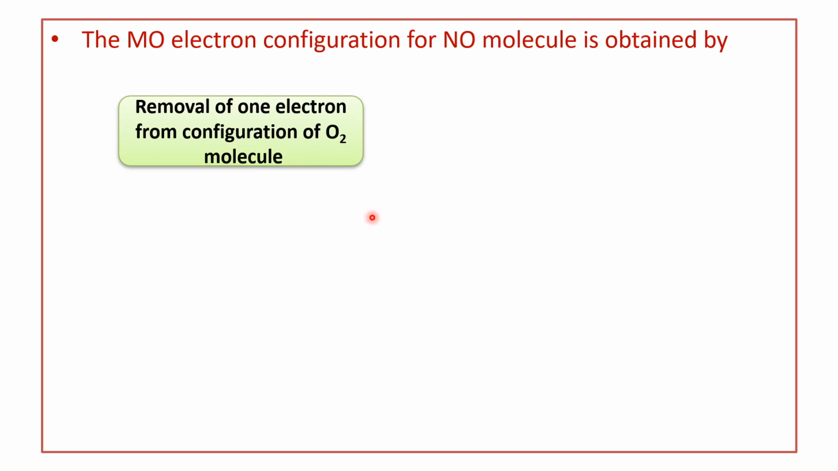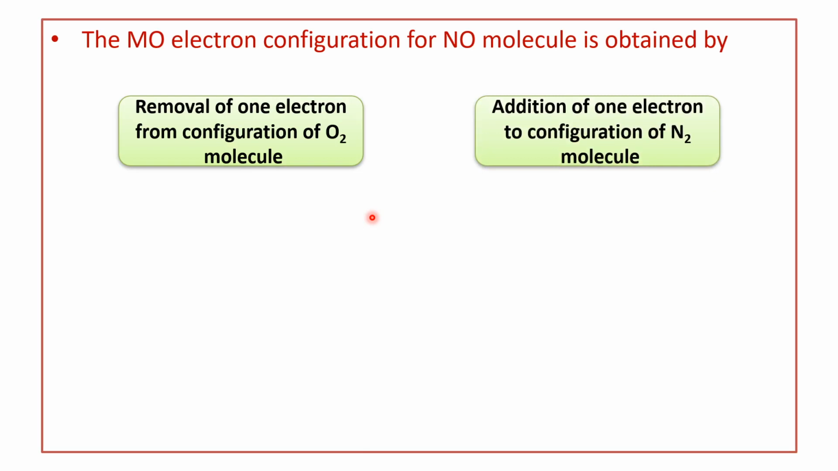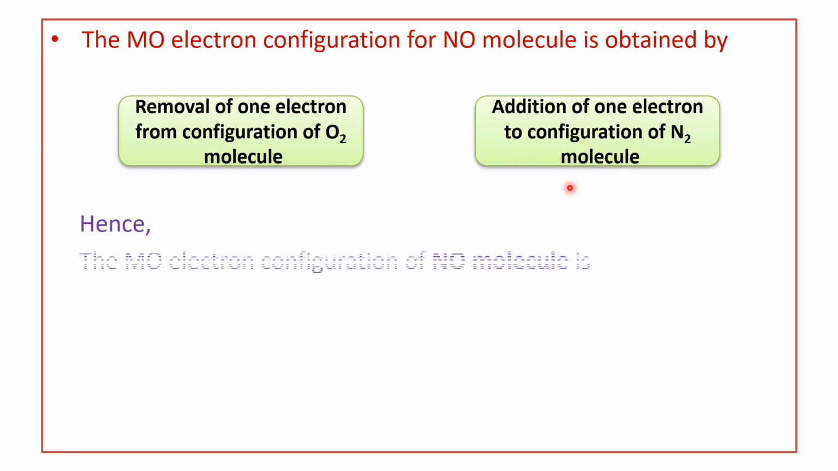That means from the configuration of the oxygen molecule, when we remove one electron, we get the same configuration as the NO molecule, or simply by the addition of one electron to the configuration of the nitrogen molecule. So we can say that the electron configuration of the NO molecule is obtained by the removal of one electron from the configuration of the oxygen molecule, or by the addition of one electron to the configuration of the nitrogen molecule. So, the MO electron configuration of the nitric oxide molecule, that is the NO molecule, is